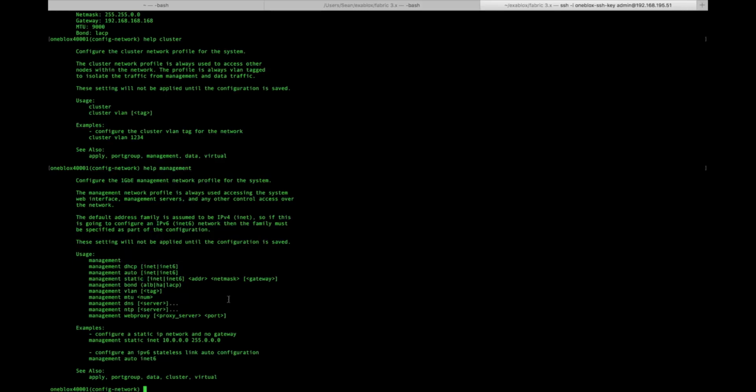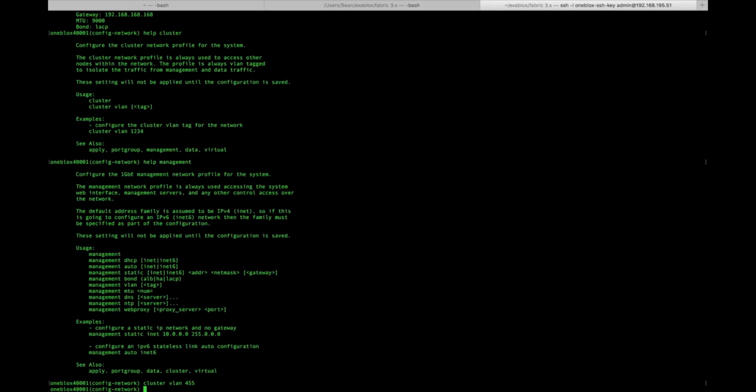So now, because I've already set my static IP, and I've already enabled my port groups in the other video, I'm actually just going to focus on the VLAN tagging for this how-to video. So now for the cluster VLAN, you can pick whatever number you like, however you'd like to tag it, and then hit enter. Now remember, nothing is actually applied or saved until you type apply. Everything is pending. And so now for this, I can also do my data